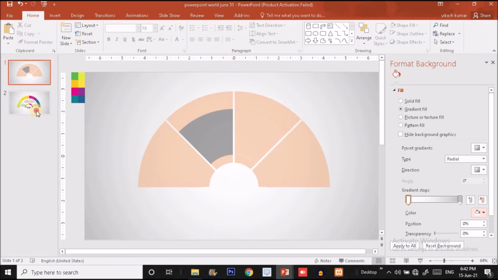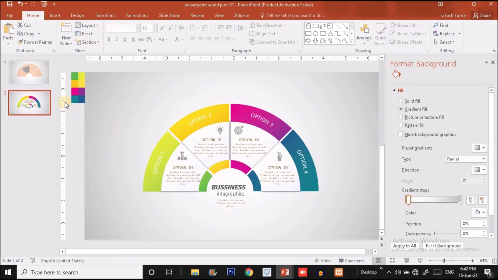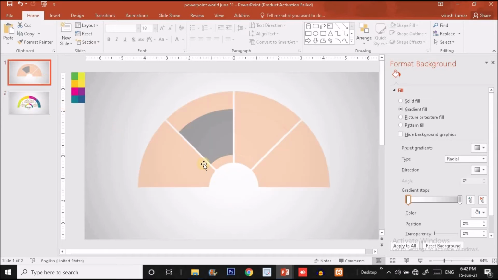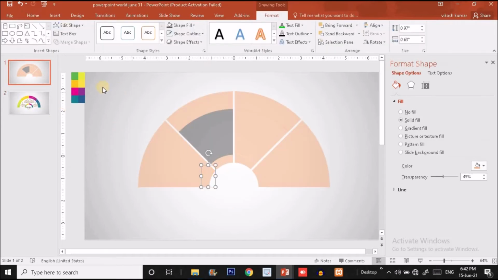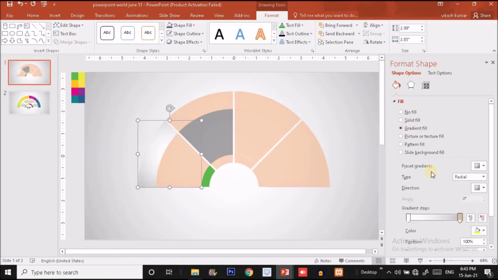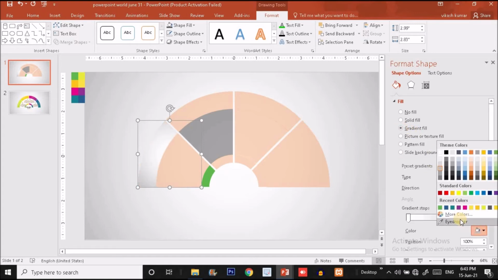Okay, now we'll start filling it with color. So I'm going to fill this shape with this green color. Now this shape I'm going to fill with a gradient fill.